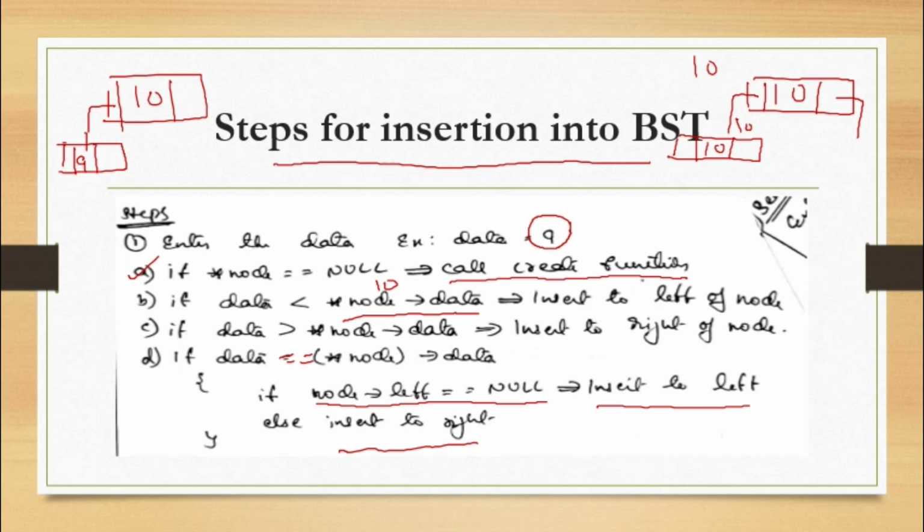If you have something there, you have to store it to the right. For example, say I have 9 here, and 10 comes, so where will you store it? You will store it to the right. If something is there to the left, then you are supposed to store it to the left, otherwise you are supposed to store it to the right. In this case, 10 will be stored to the right. So that is what it is telling. We need to work it according to the algorithm.